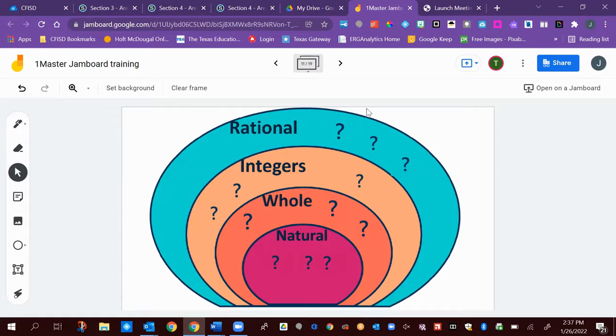So in math, we have rational numbers, and I want the students to be able to practice and use these notes to review what is a natural number, a whole number, an integer. So to get to Equatio, click on this Equatio icon,